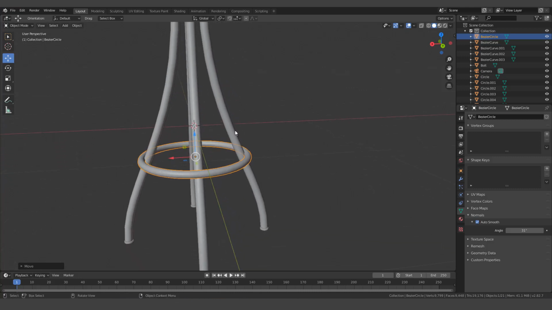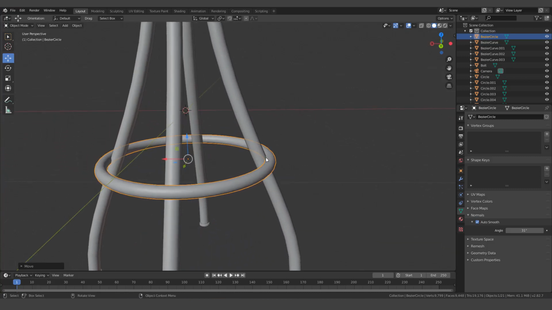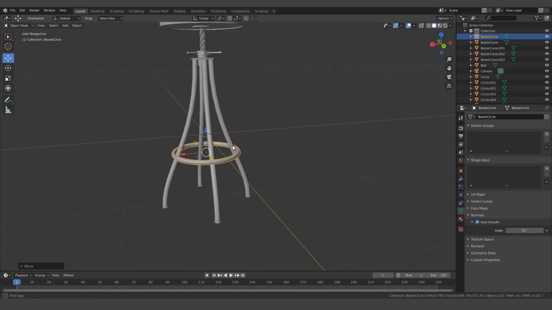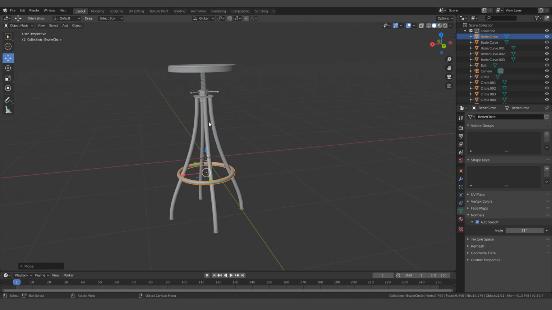When we do that, we've got to make sure it's still contacting the other one pretty well. I'm going to bring it up just a little higher, something like that. And that looks a little better for the scale of this stool. This is a place where, if you did something and you want to change it, this is where we want to do that. That's the only change I'm going to make. Another thing we have to do before we create this ID mask and join everything together is we have to make sure that